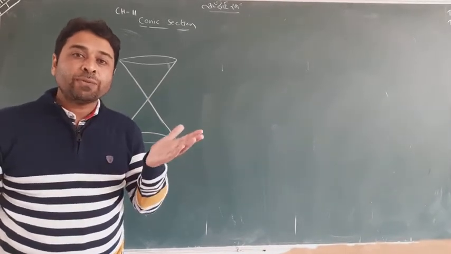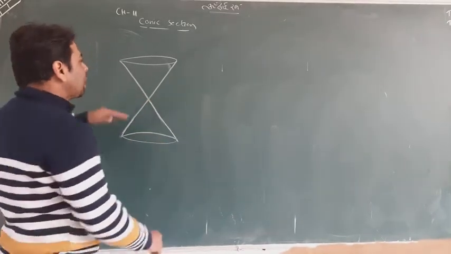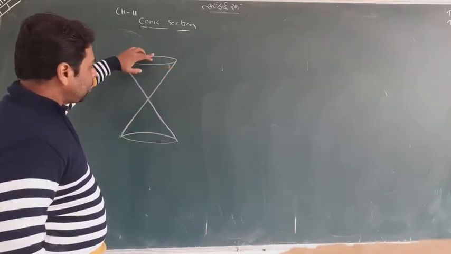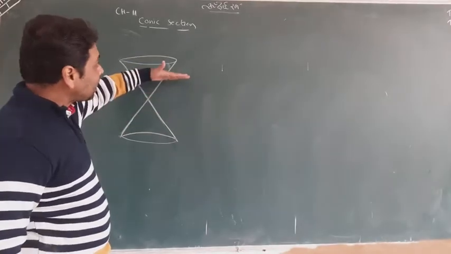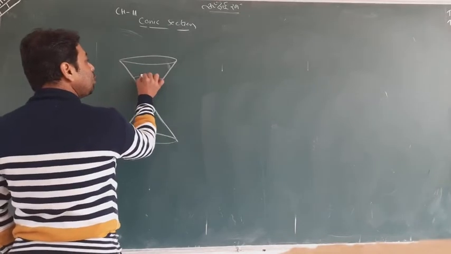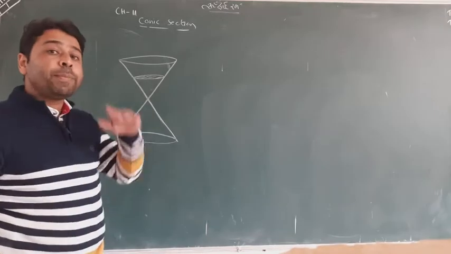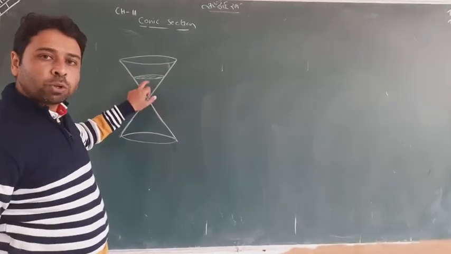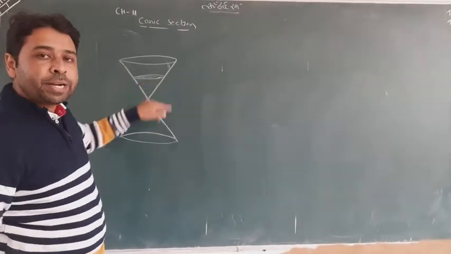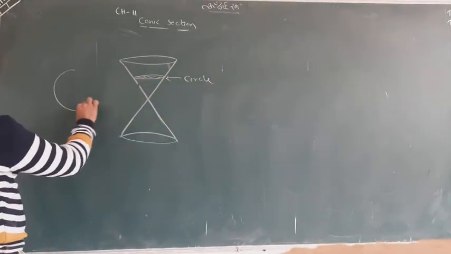So suppose you have a knife and you want to cut it. First I am cutting this portion along its top, or parallel to its top. When you cut the cone parallel to its top, you will have such a kind of upper surface on the rest part of the cone. This will be removed from here. So this particular section that you obtained will be called a circle, because it looks like that.